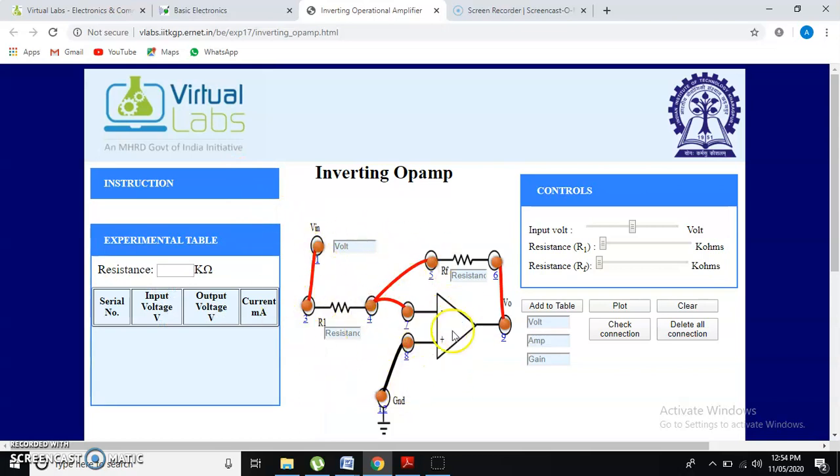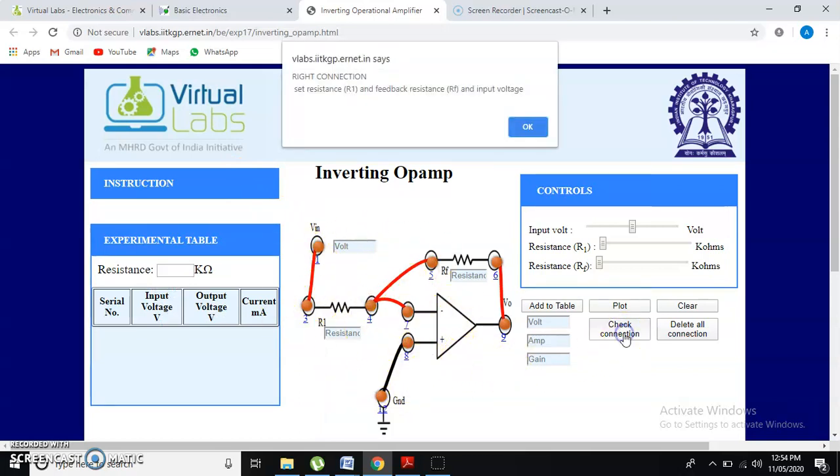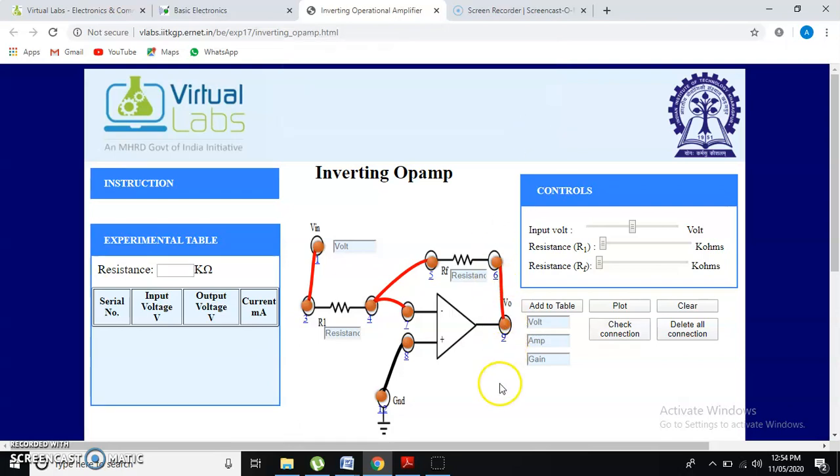So this way make the connections. Once you check the connections, all the connections are right, now you go and set the resistance values and the input value. Okay, now circuit is designed, circuit is known to us, but for performing any of the amplifier, the basic thing required is what should be the gain of amplifier. So now based on that we have to design. So gain will be given to us and according to the gain the circuit parameters must be adjusted.